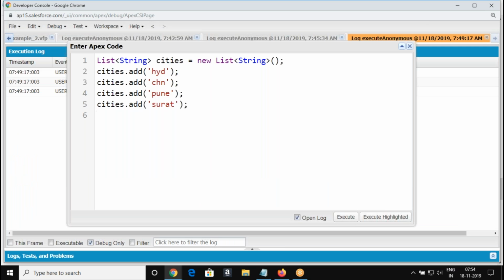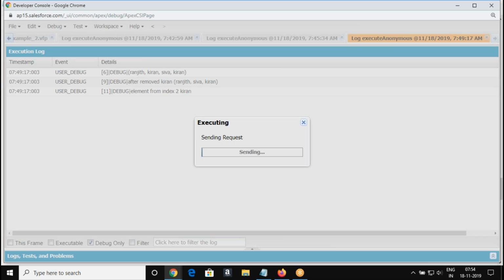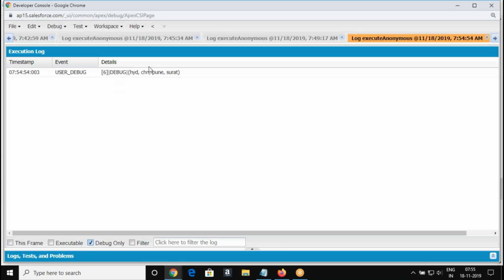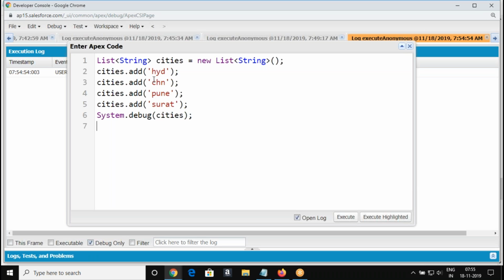So this is how, so we got this Hyderabad, Chennai, Pune, Surat. So I'm going to add an element at the respective index, right?